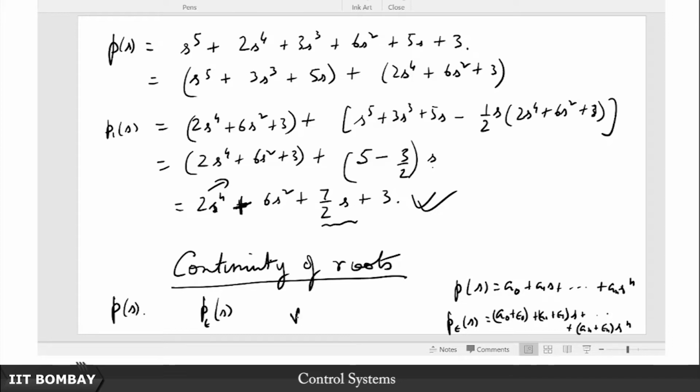And if for all epsilon i less than some epsilon,